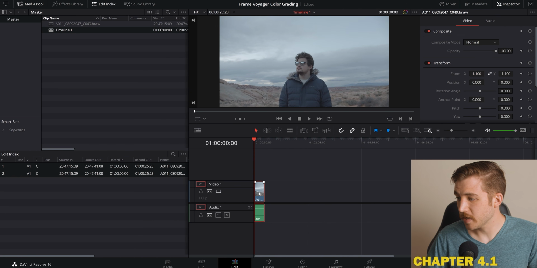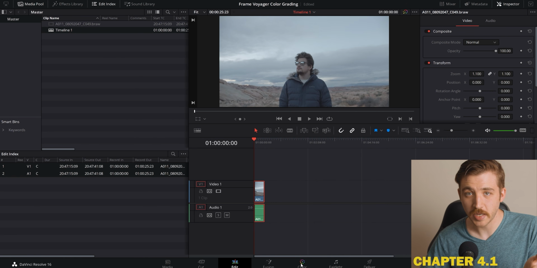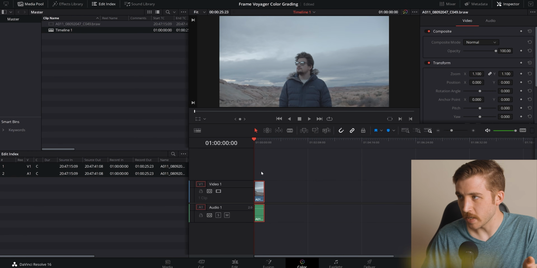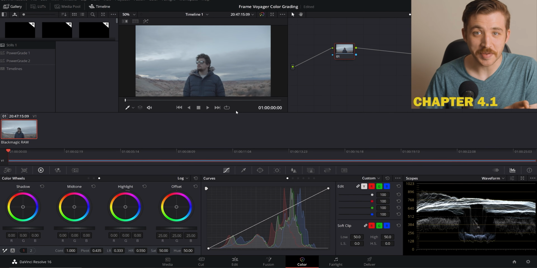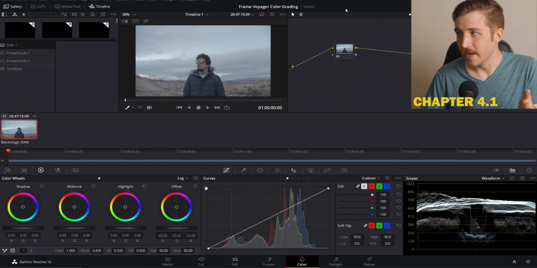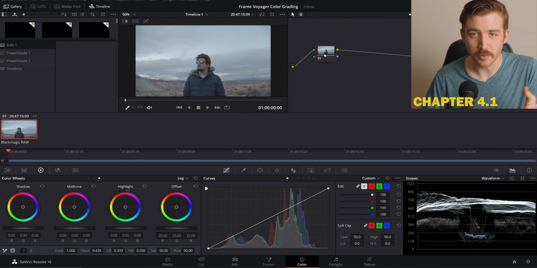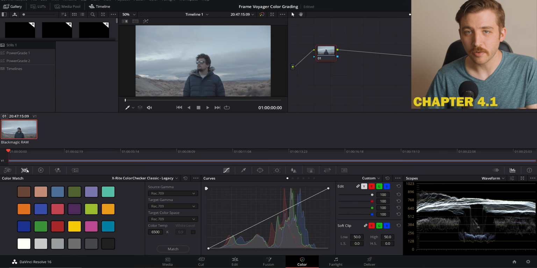So now I've got that clip in there, and I can click over to my color panel. If I was going to edit anything, I would do it in this window here, but I'm going to click over to my color panel. And this is where some people get really intimidated with Resolve, but it doesn't have to be intimidating. Spend some time, fool around with it, figure it out. But we're going to dig into now how to color correct your B-raw clips